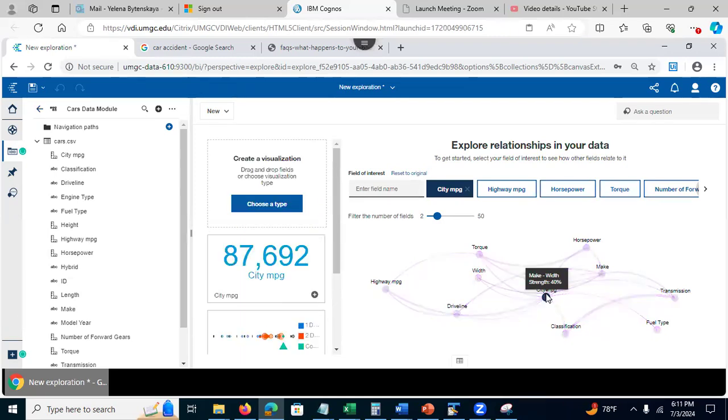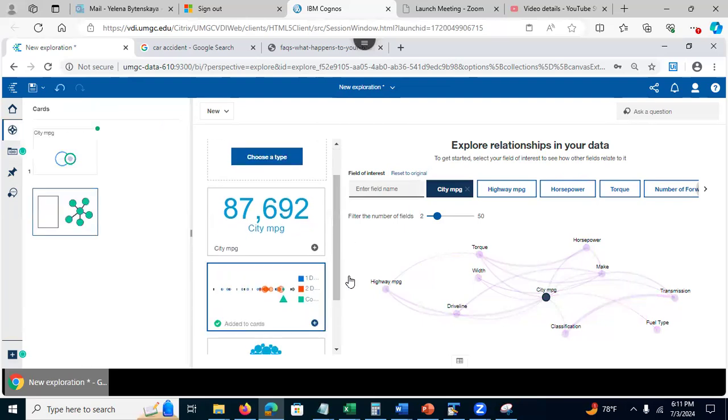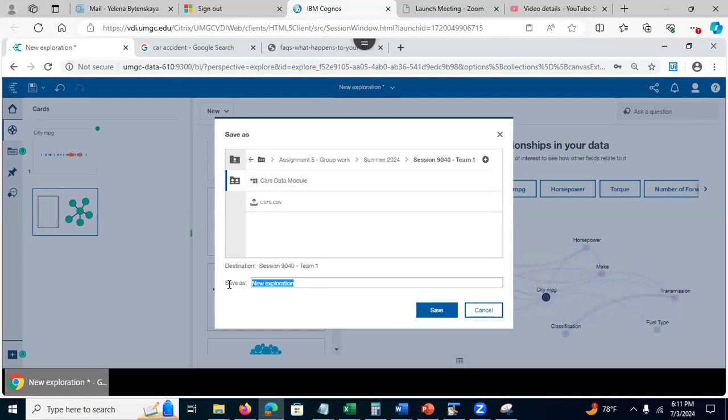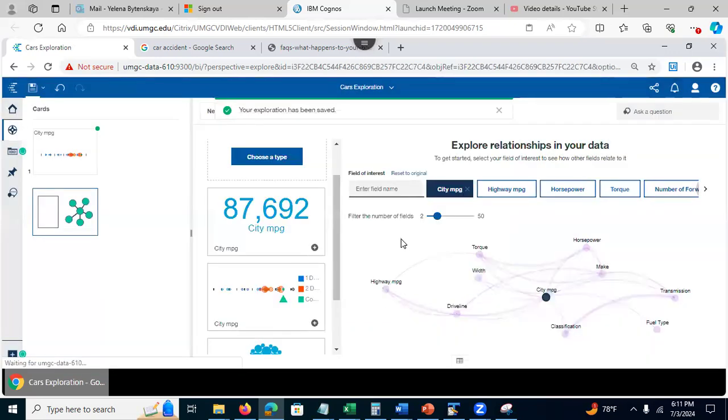Okay, so I selected this one, and I want to add the driver analysis card. I'll just add the driver analysis. I'm not doing much. But what I want to do is save the exploration. I click on save. I go to the team content, right? Well, assignment 5 group work, my enrollment semester. And I want to call it cars exploration, right? I'm gonna save it right now. I saved it, right? Well, and just to make sure,